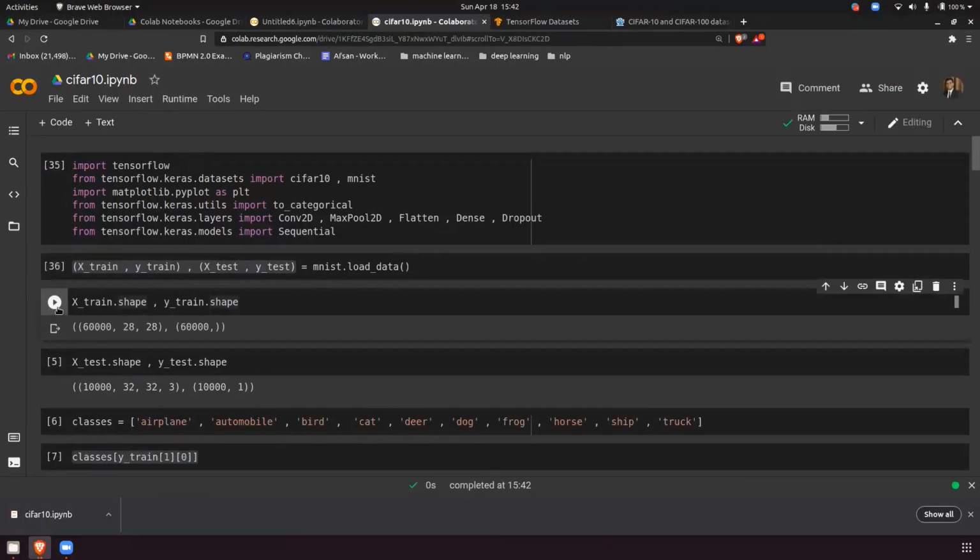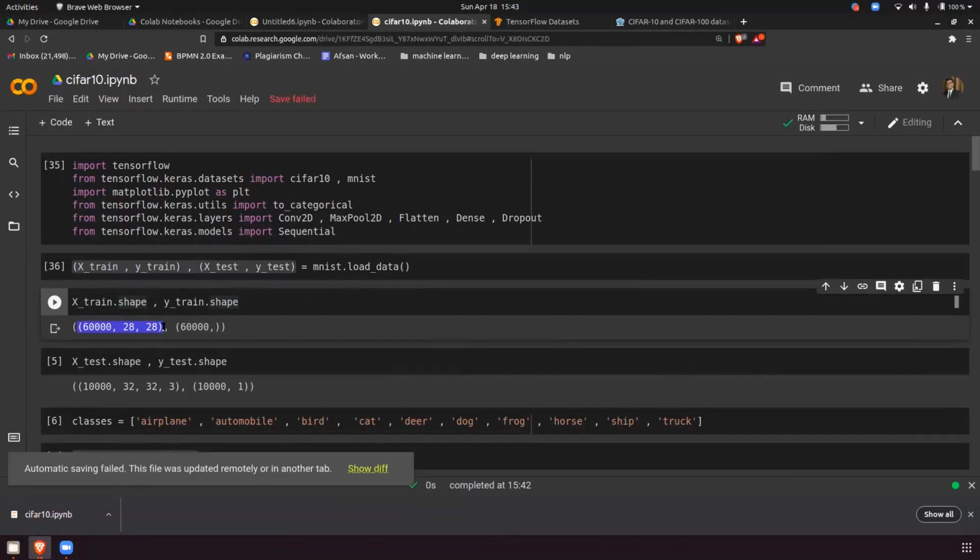Can you explain what this is? 28 by 28 is the image size. So why is 3 not there? Because it's a black and white image, only one channel, gray. Exactly, it's a black and white image. That's why 3 is not there. So this is the data that we have.